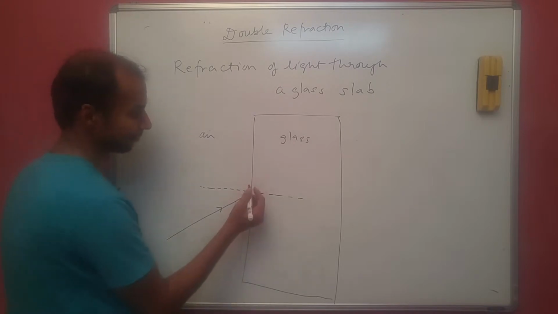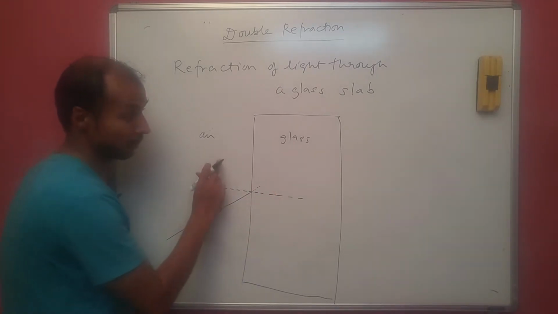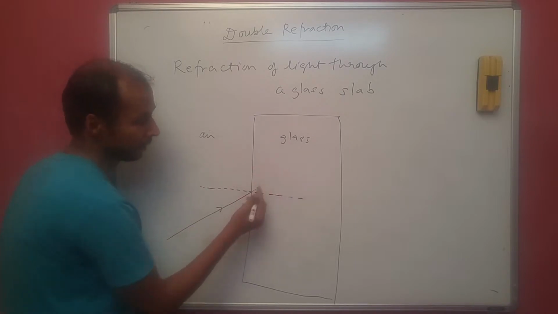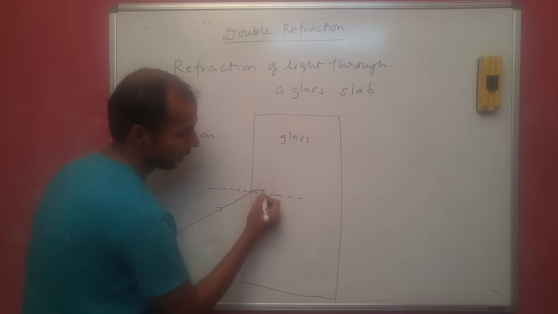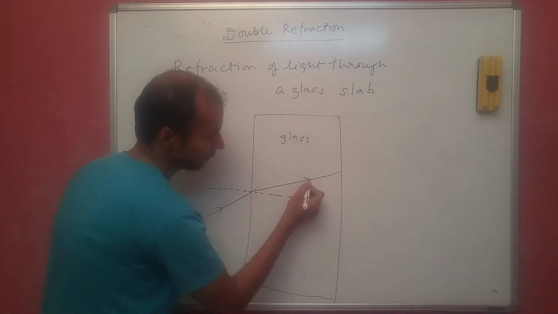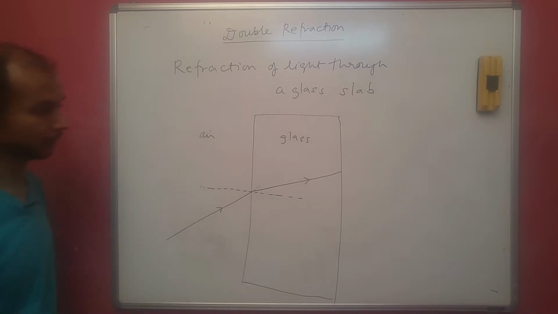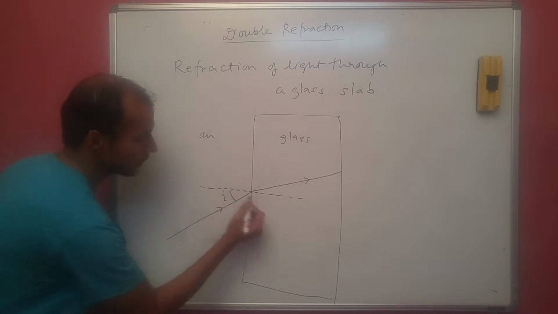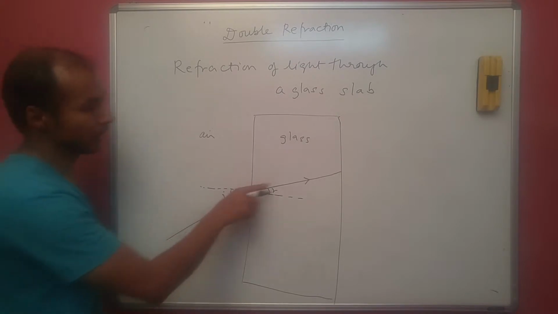If the ray went straight, it would go like this, but since it is going from rare to dense medium, it will bend towards the normal according to the law of refraction. So it will go somewhat like this, although exactly how much it will bend we don't know. And of course this is the angle of incidence, this is the angle of refraction. No problem up to this point. Since the ray goes like this,